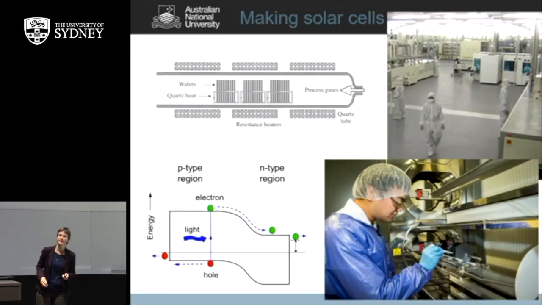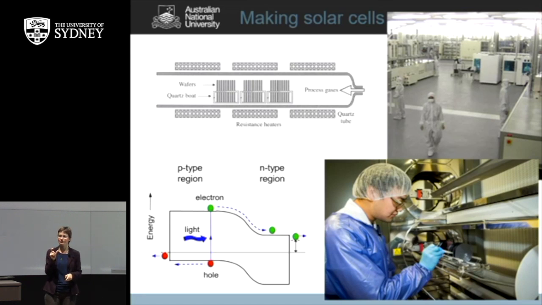Then this is a crucial bit. You need to make the PN junction. So we now have just a wafer of silicon. It'll be probably P-type, which means it's got a little bit of boron in it. And in order to make that junction, you want to have a thin layer of N-type, which is a thin layer with some phosphorus on the surface. So what you do is you put it in a furnace and have some gas with some phosphorus in it, and that'll make a thin layer on the surface which has got a bit of phosphorus in it,